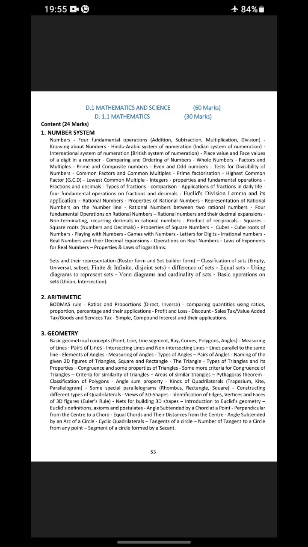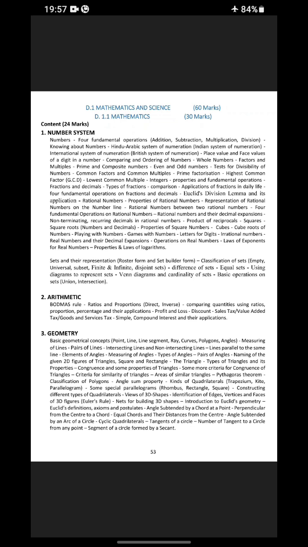arithmetic, Budma's rule, ratio and proportions, direct and inverse, comparing quantities using ratios, proportion, percentage and their applications, profit and loss, discount, basic geometrical concepts: point, line segment, ray, curves, polygons, angles, measuring of lines, pairing of lines, intersecting lines and non-intersecting